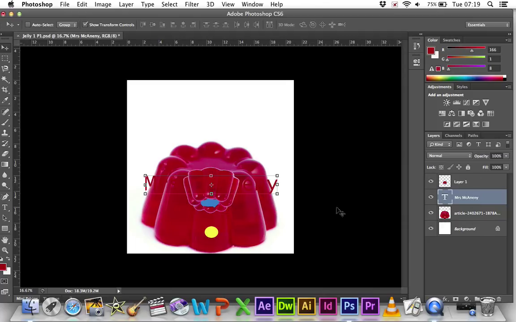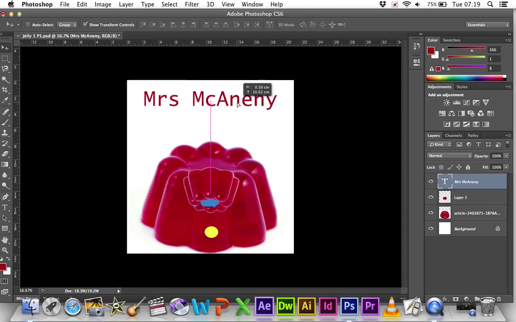I want it to be on top of both jellies, so I'm going to click on this layer and I'm going to drag and drop it above, and it's popped up. You can't see because it matches the colour, but it has popped up on top. I'm now going to move it back up here,